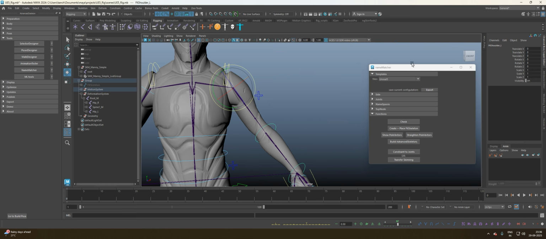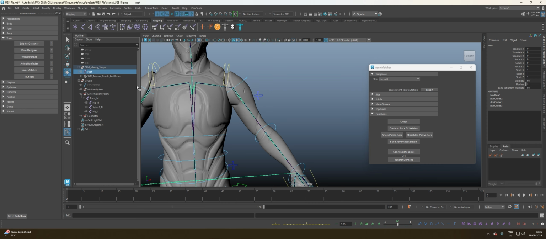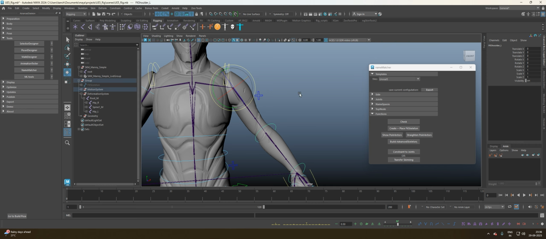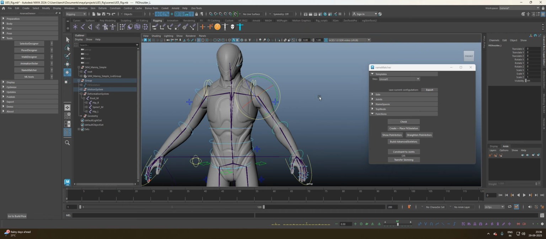So here if you click, we do not have any constraints, but if you click over here, we have constraints. If you click over here, we do not have any constraints. So you can use this for animation. So I'll just save this. This is our rig, and now